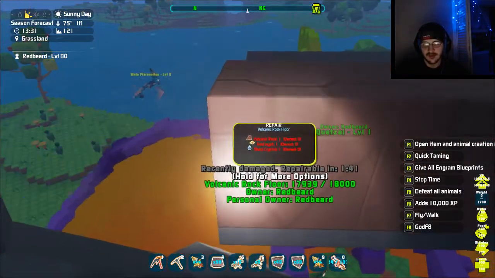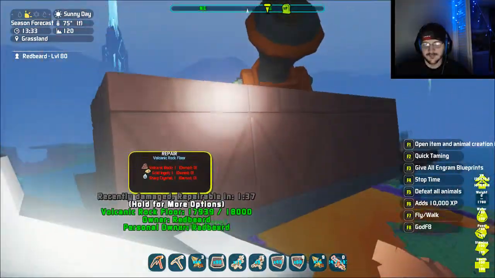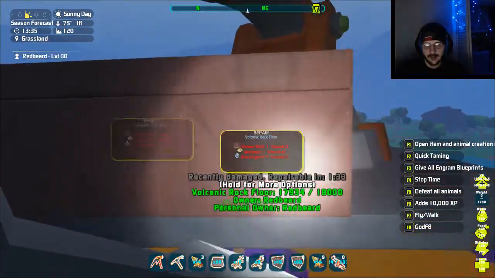What was this damage on the splash? See, these foundations didn't give a shit. I wonder if it's not just raw HP damage, it's actual...